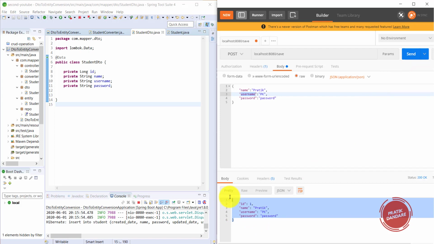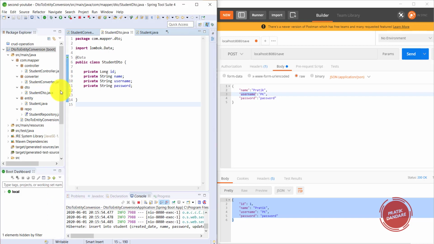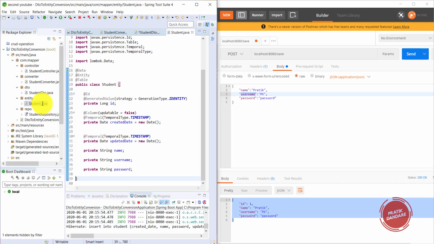Now I want to add an extra attribute here. For that purpose, I am adding the same attribute inside a DTO. It's address. I need to add the same attribute inside the student. Why am I doing this?